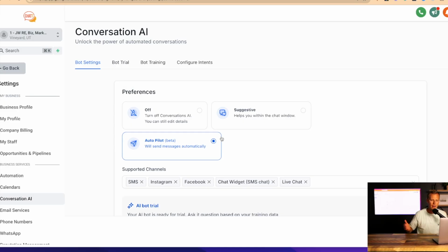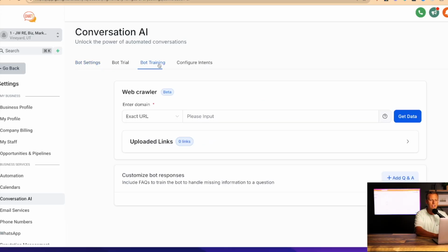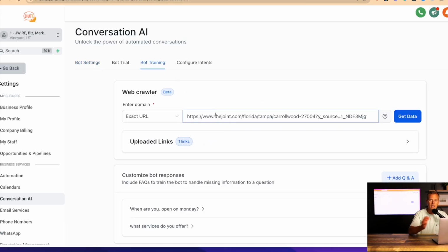And so the cool thing about this is, as you can see, you really don't need to be a genius to go through and set this all up. What we're going to do first is find a business on Google, and then we can take any of their websites, simply copy and paste their website into this bot training section. And at this point, we have the bot installed. It took about 2 minutes to set up, that we can actually call the business owner,